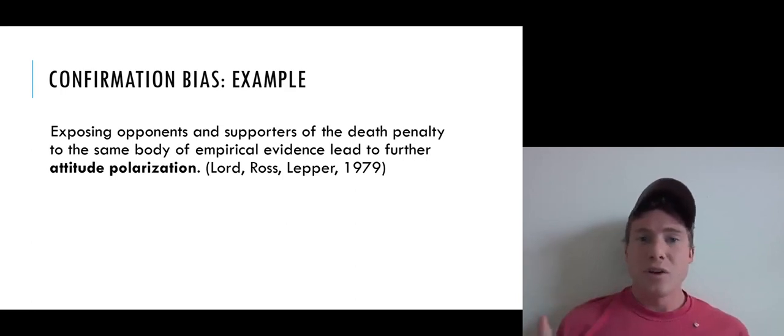That is to say, they took a group of students, some of them supported the death penalty, some of them opposed the death penalty, and they gave them all the same two studies, one of which showed some evidence that tended to support some of the arguments for the death penalty, and one of which tended to show some empirical evidence that was against some of the arguments for the death penalty. You might think, oh, well, everybody's getting the same evidence now, so they're going to tend to move closer to each other. But instead, they become more polarized.